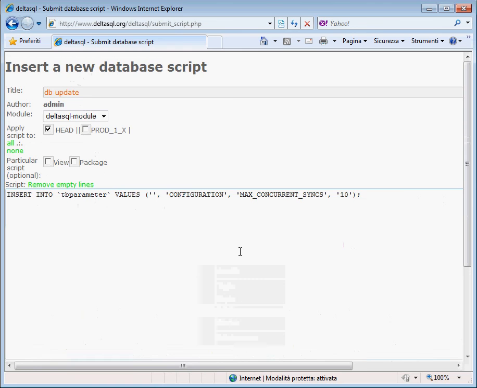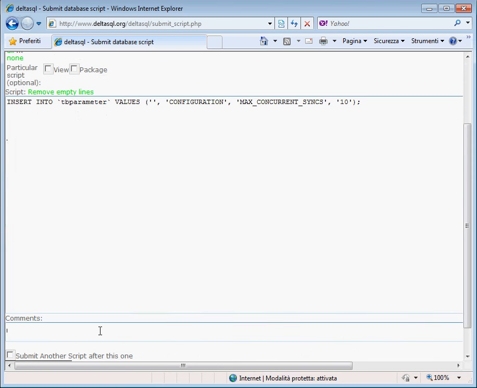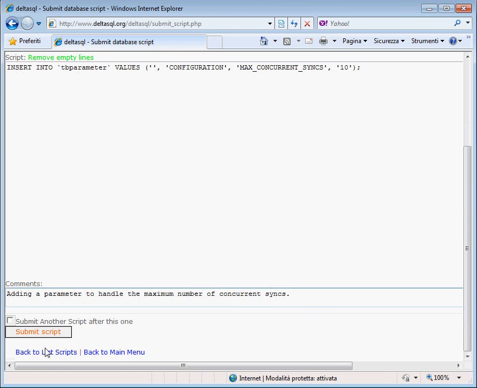This is just a fake example. In reality we don't need this parameter, but we add a parameter, as a comment, to handle the maximum number of concurrent things. This will be the script,